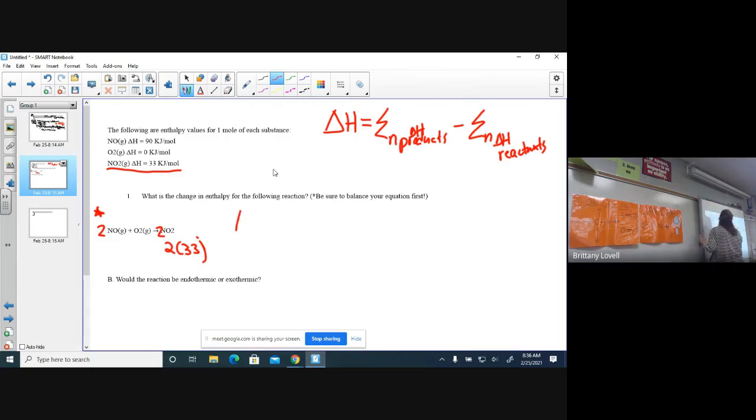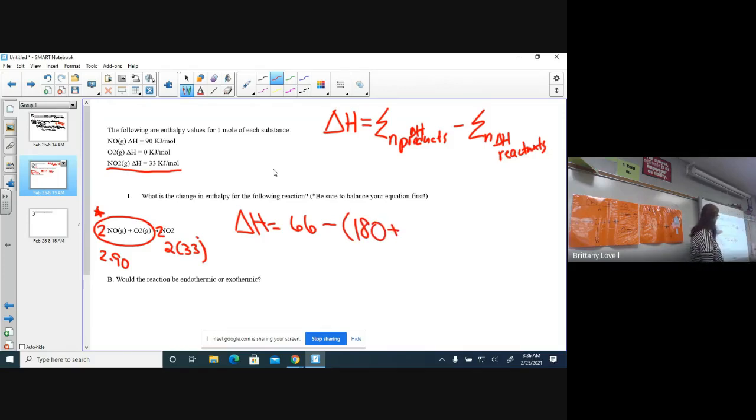I'm going to write this in. Delta H is equal to the sum of all the products. Of course, there's only one product here, but I'm going to do 2 times 33, which is 66 kilojoules, minus the sum of all the reactants. On this side right here are the reactants. So I'm going to find my NO, which I look up here. I'm going to say 90 times 2, so it's 180, plus